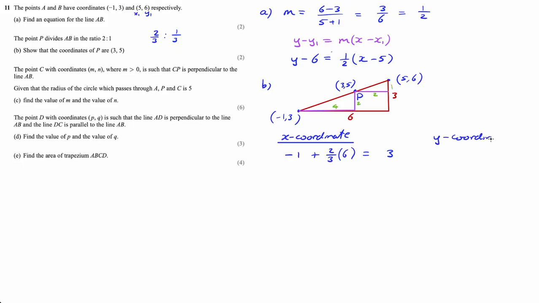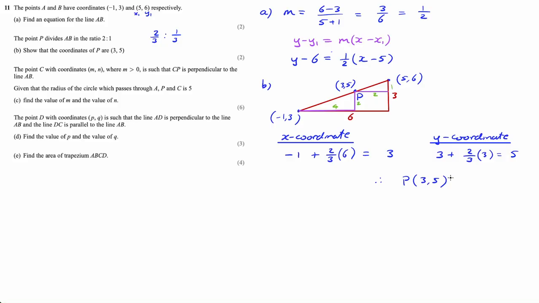In a show that question, guys, it's always good to be crystal clear what you're doing. And then 3, so this one plus 2/3 of this distance, which is 3. So 3 plus 2/3 of 3, which is 3 plus 2, which is 5. Therefore, P is (3,